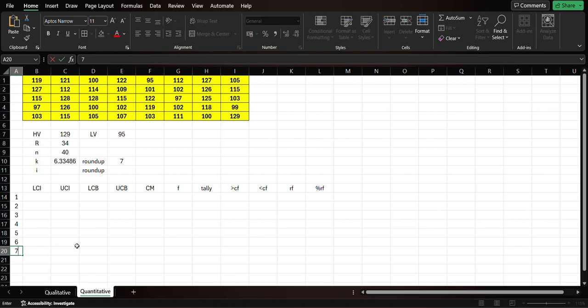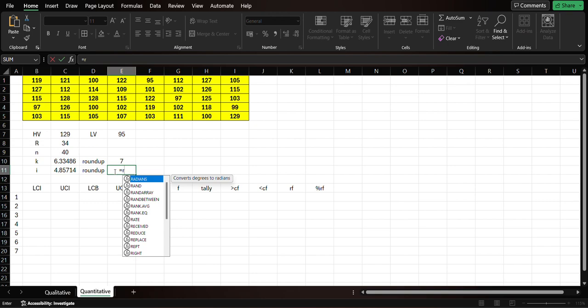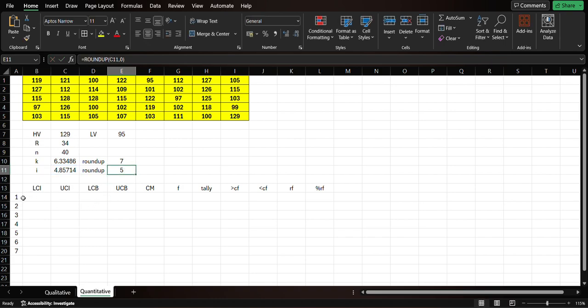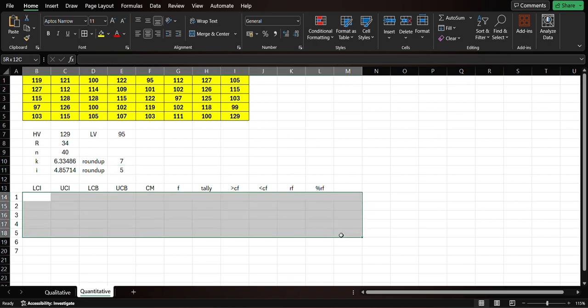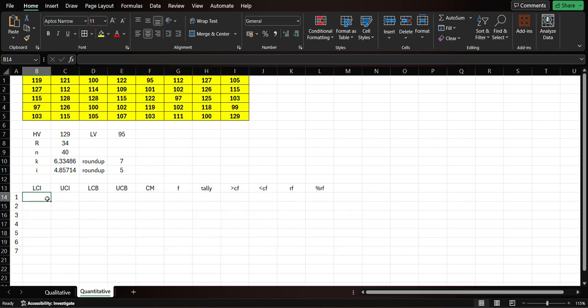Therefore, since our k round up is 7, there would be 7 groups. Now for the class width, that would be r divided by the round up k. You would observe it would be 4.85. Again, we're going to round it up, similar to what we have done on k, so that would be rounded up to the next whole number. So it means that there are 7 groups, and the class width, starting from LCI up to UCI, should be 5. Now, in making our table,